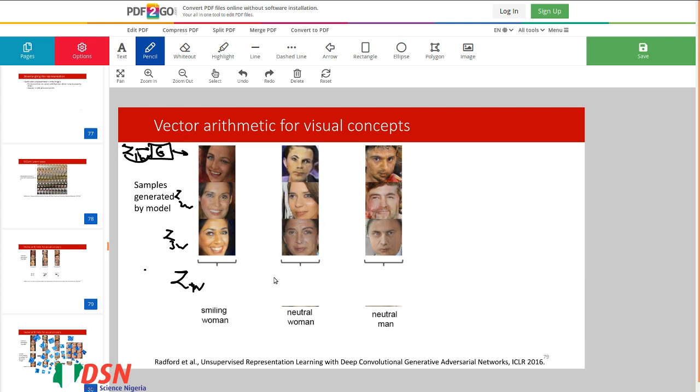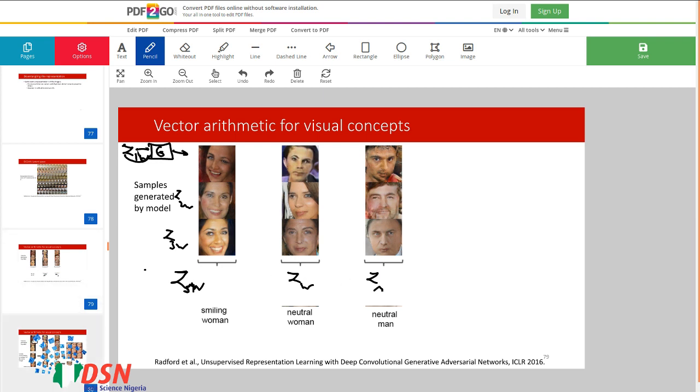If we do a similar thing for these, which are smiling women, let's call it SW, and for neutral woman, let's call it ZW, and for neutral man, let's call it ZM.